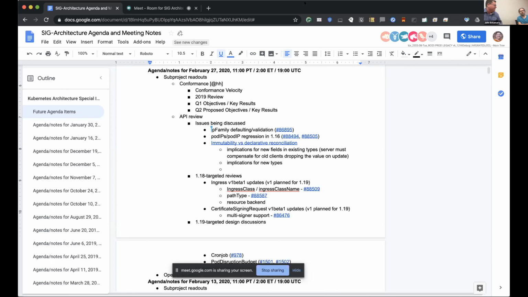Yeah. No, I think at minimum we should have guidelines for what you should do, like what Tim was saying about if you're going to add a new field, if you make it immutable, these are the implications, and you basically have to put lots of special handling around it to make old clients whole. So we need to explain that. And then we should explain the implications for making a field immutable in a new type. I think that's the minimum.